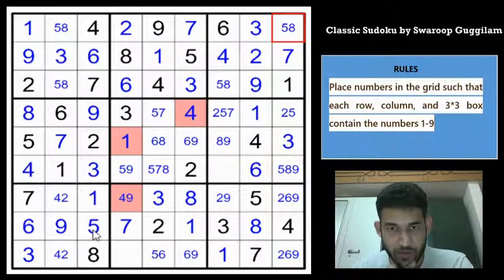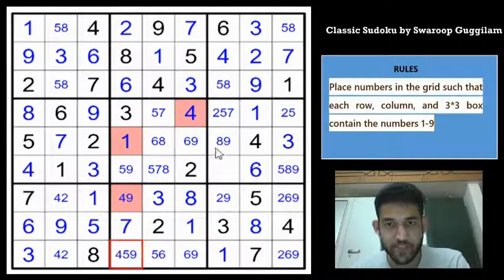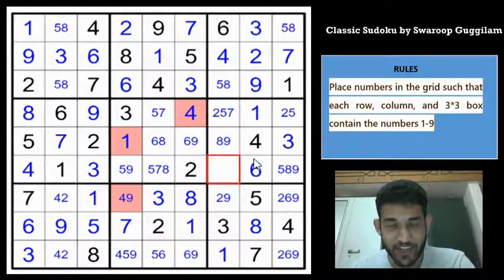So are we yet to make any more elimination? 5, 6 and 9. So 7, 8 must be here. So this is 5, 6. No more there. And this must be a 4, 5 or 9. So we have pencil marked every cell. Well, not this cell, but still we haven't yet reached the solution.